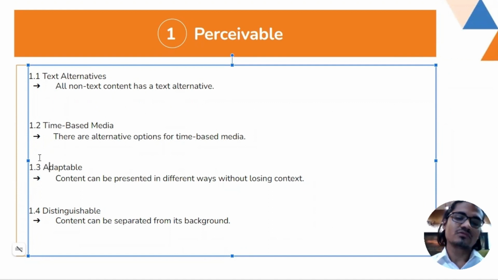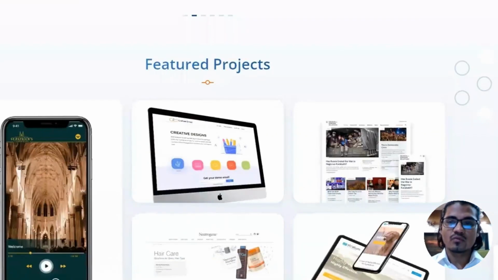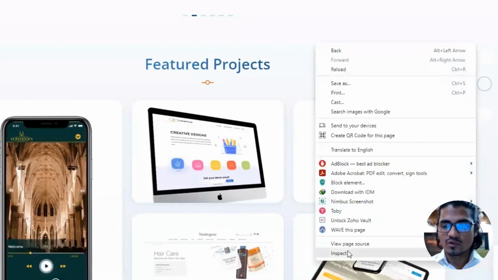Third rule is 1.3, adaptable. So adaptable means your content has to be in a way that when you change your device, from a laptop to a tab to a mobile, it has to have all the information that was on your laptop. It should not lose the content. It should be adaptable. But we definitely know that if we go from a website to a mobile,